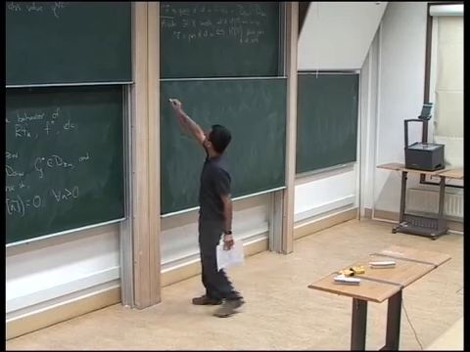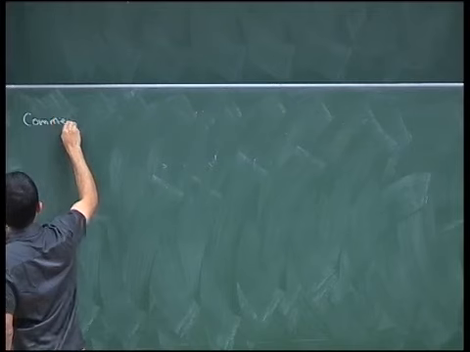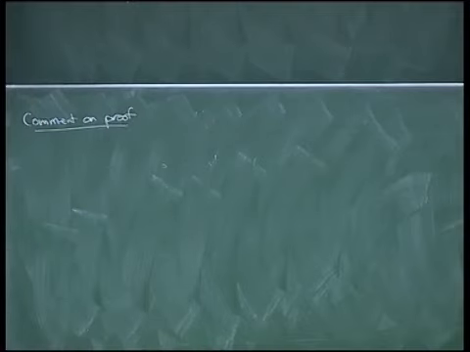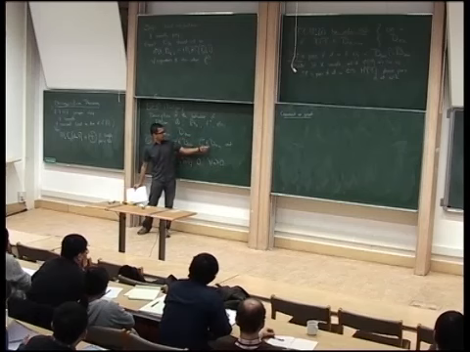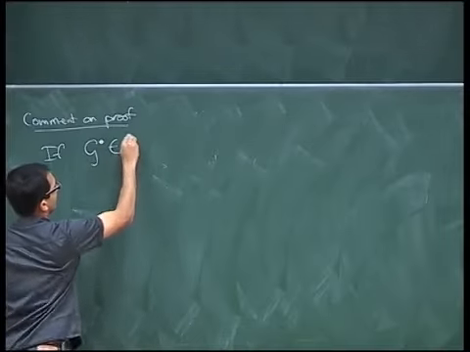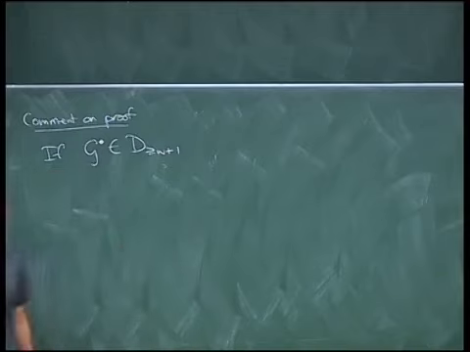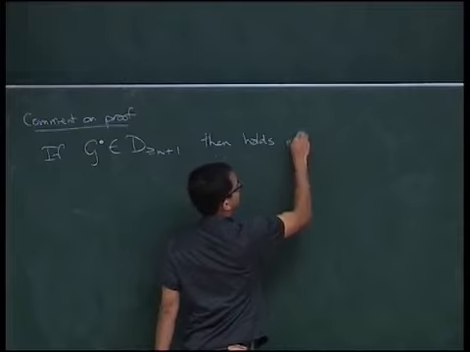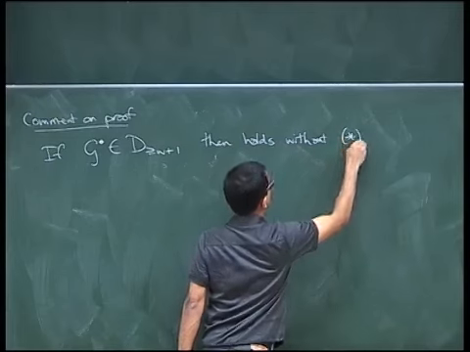Well, maybe I'll make a comment on the proof of that. It actually turns out that if G obeys a stronger condition, so here we're imposing one inequality on the weights of F and the opposite inequality on the weights of G. If G happens to be in D greater than or equal to W plus 1, so if its weights are strictly bigger than W, then this condition actually holds without any assumption like star. So this holds without star.